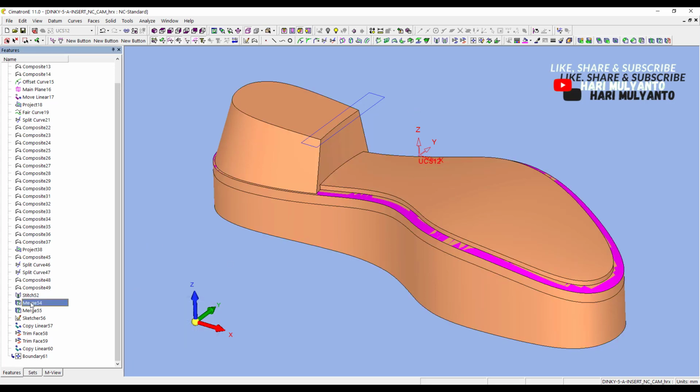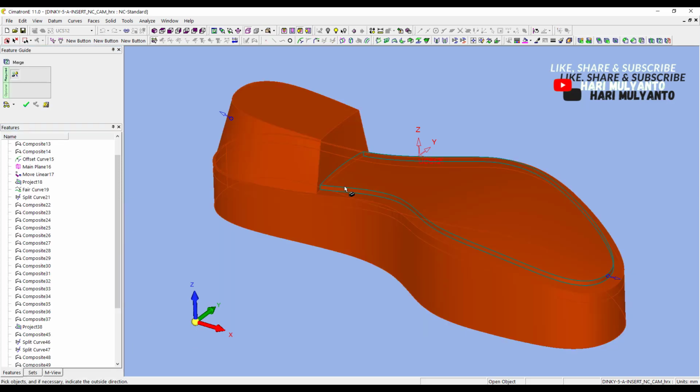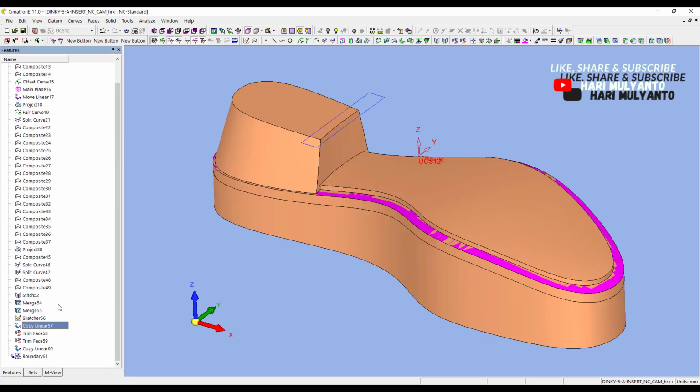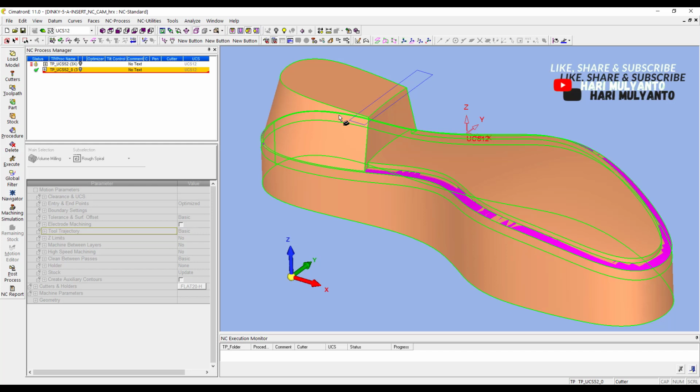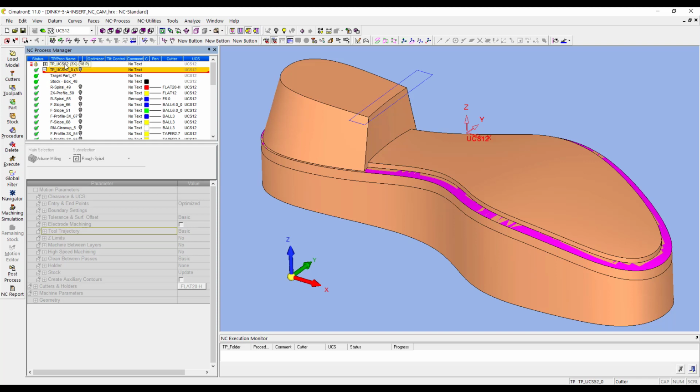So after stitch, I try to merge it. Okay, after done with the part, I just copy paste all the 3PP folder created before,